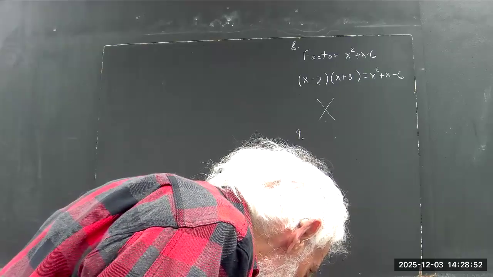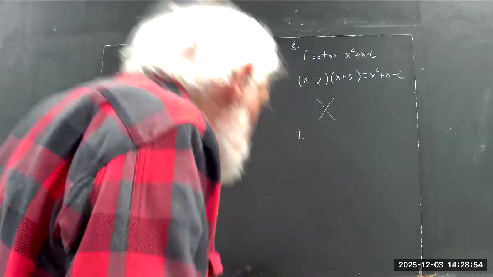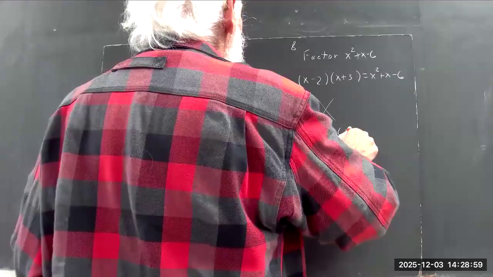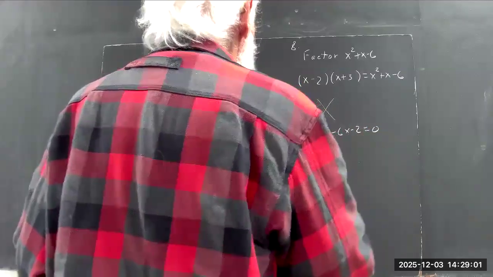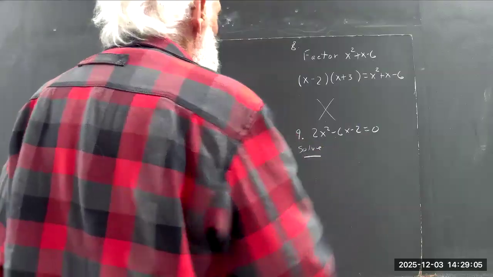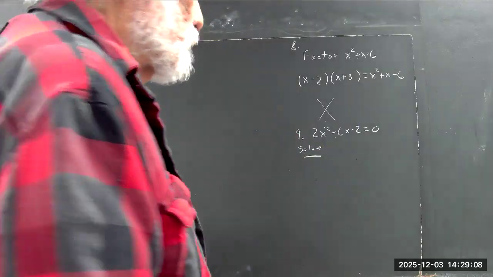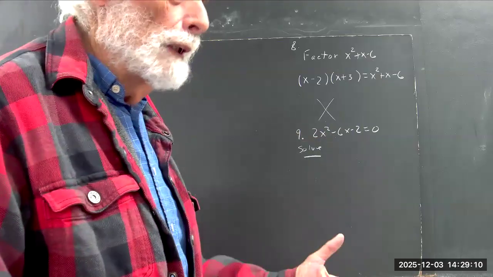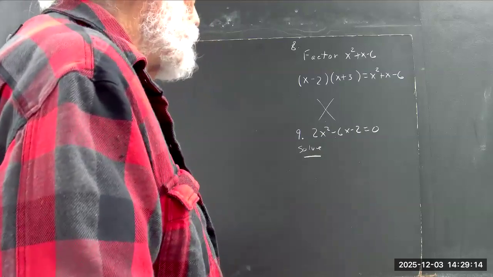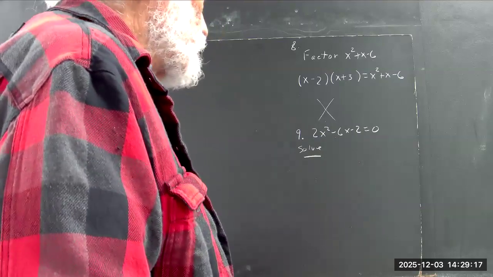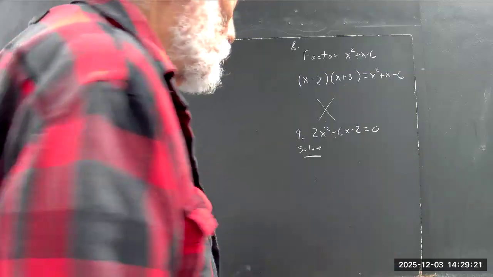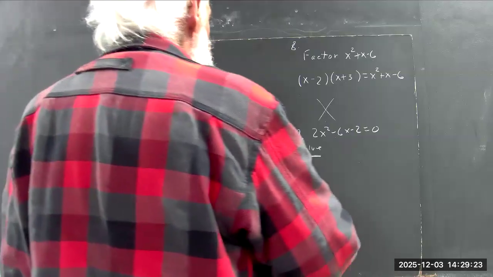Last problem was solve 2x squared minus 6x minus 2 equals 0. Okay, there are 2 ways we could solve this. We could try to factor it. That would be kind of a mess. But maybe since everything is divisible by 2, it's possible it could work out, but I can tell pretty easily that it won't work out with whole numbers. So